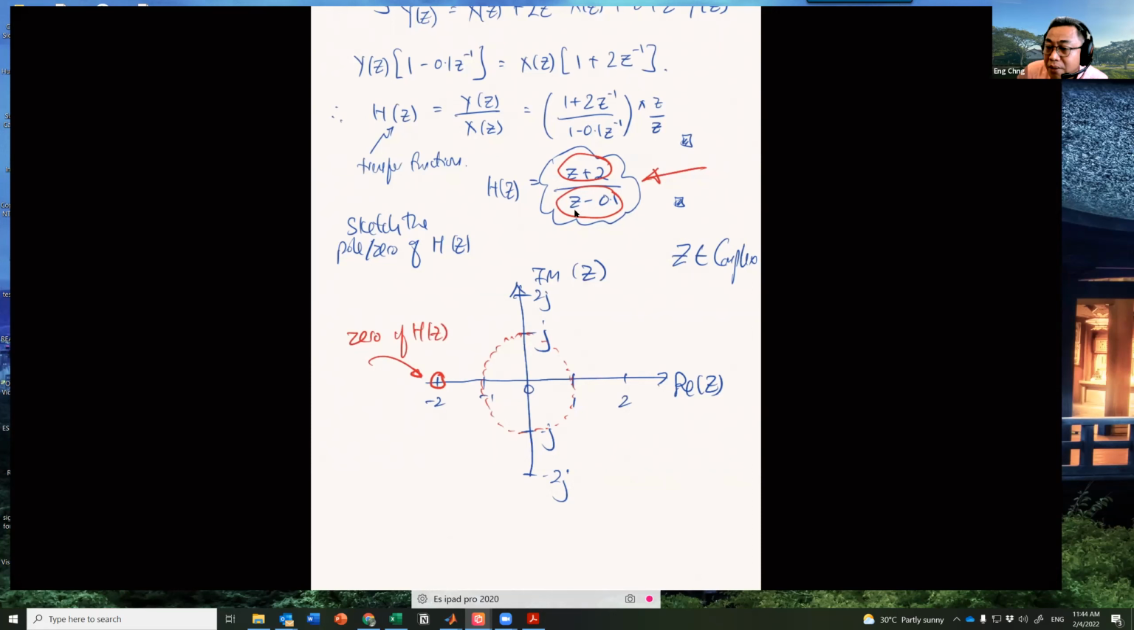Okay, what about the pole? When z is equal to 0.1, 0.1 minus 0.1 becomes 0. So the whole thing divided by 0 becomes infinity. Where's the pole? This guy here. So here is the pole at 0.1. So we have a zero at minus 2, a pole at 0.1. Then now the question asks,